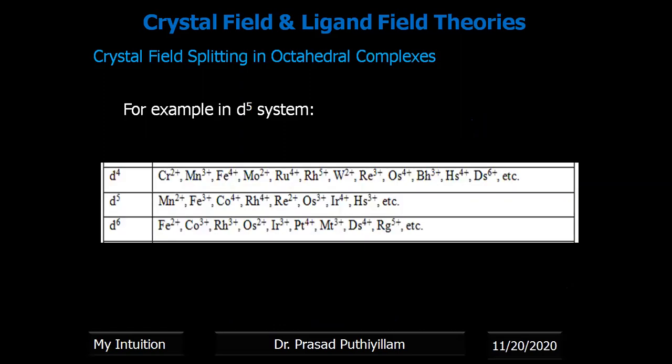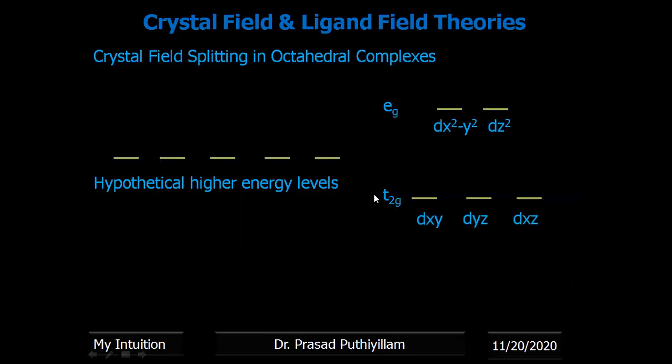That was also explained in the previous class, where I grouped them. We discussed the possible oxidation states of transition metals, lanthanides and actinides. Then we grouped them as d1, d2, d5, d6 systems. In that, the d5 system consists of Mn2+, Fe3+, like that, etc. Okay, so those are d5 systems. So in the d5 system,